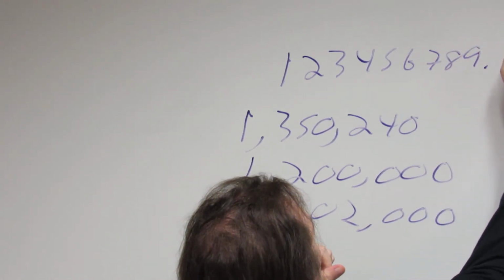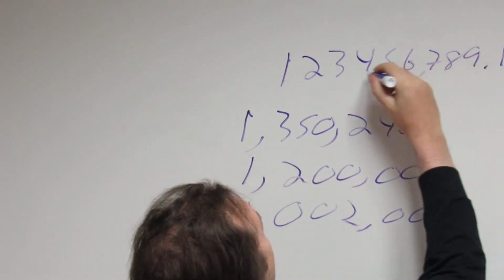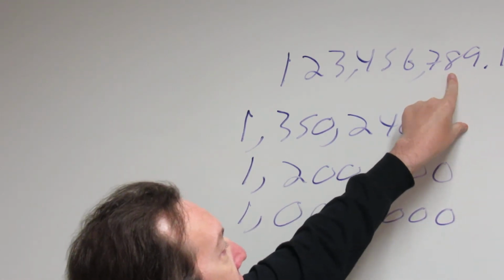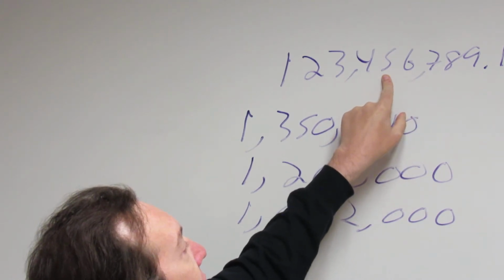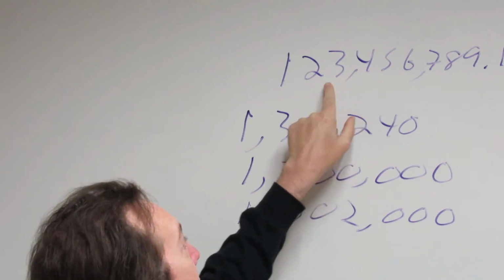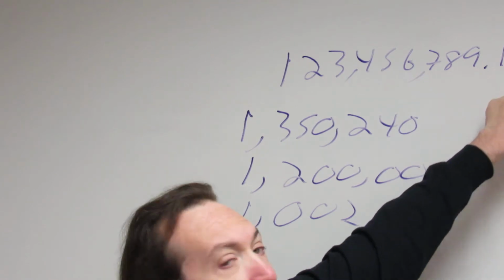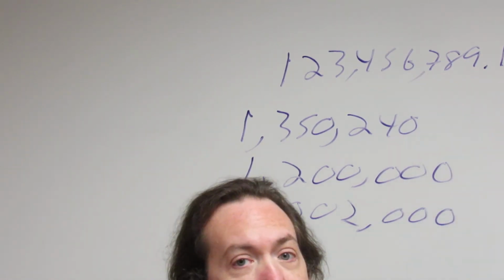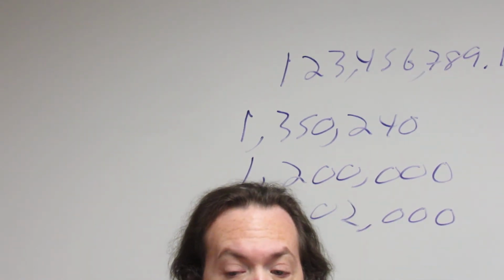point, 1, 2, 3, 4. Okay, so this is the ones, the tens, the hundreds, the thousands, the 10,000s, the 100,000s, the 1 million, the 10 million, the 100 million. This is the tenths, hundredths, thousandths, and ten-thousandths. So that's pretty much what's in section